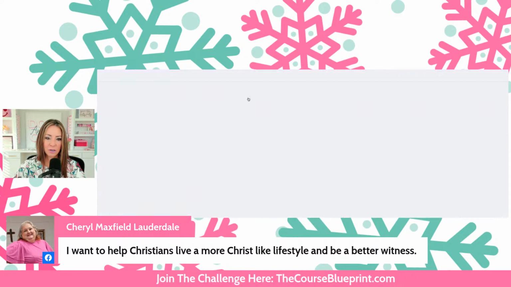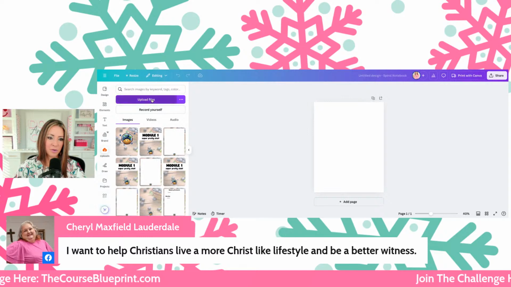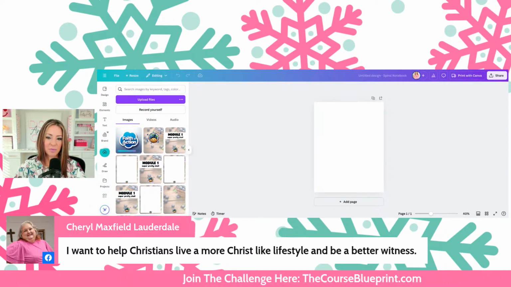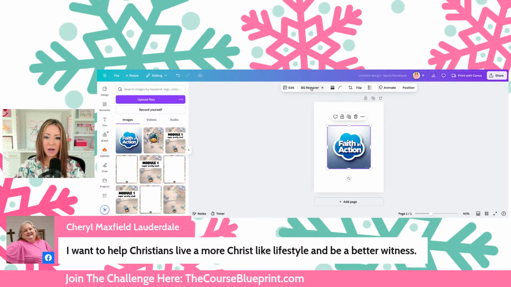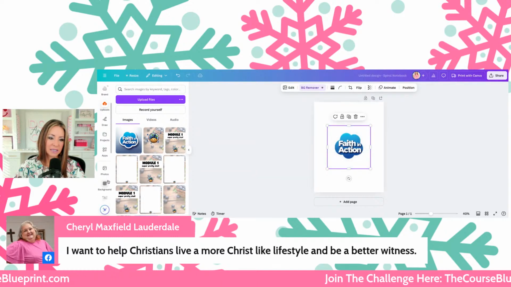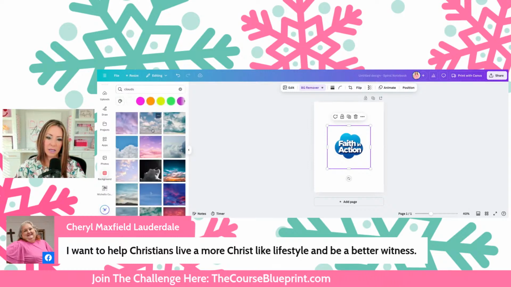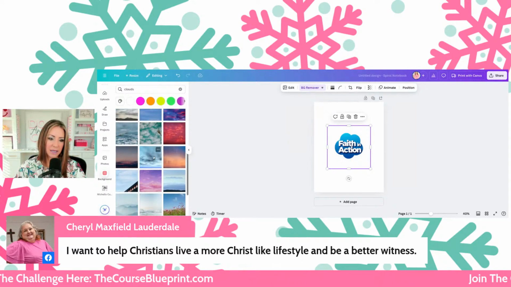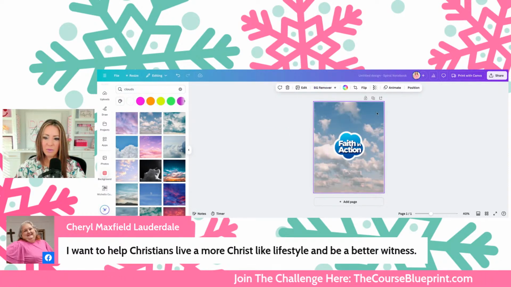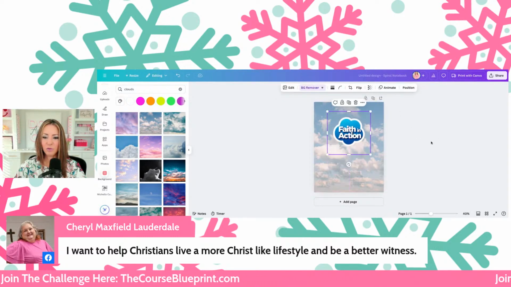So you go to Canva.com, open a journal, and then you upload your new image. Yesterday I made a blueberry pie, pretending I was a blueberry pie expert. Okay, we're going to pull Faith in Action in. Now I'm going to click Background Remover. I'm removing the background. Oh, see, that's kind of pretty. Now I'm going to go to Backgrounds and look up clouds. Which ones do I like? Maybe these will be fine for now. I'm going to pull my clouds in. Maybe I'll make them a little transparent, taking it down a little bit. The logo's not perfect, but you get the picture, okay?